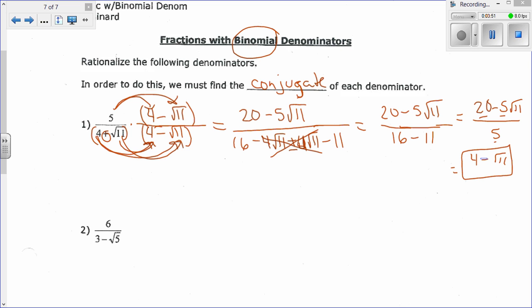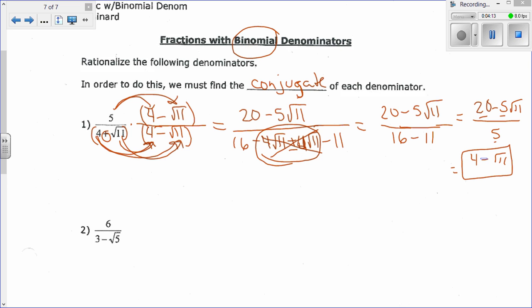The whole point in multiplying by the conjugate is to have this situation happen. When you multiply by the conjugate, those middle terms always cancel out. Therefore, when we do these problems, we can take a shortcut and only do the F and the L when you FOIL. So for number 2,